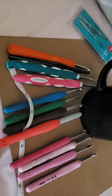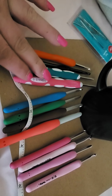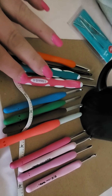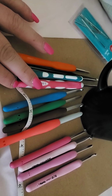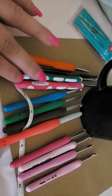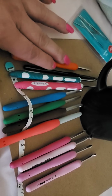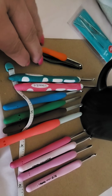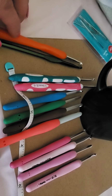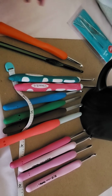The Yarnology is another one, which is this one. These are Clover Amours. This one's Yarnology. Yarnology is only at Hobby Lobby and maybe on Amazon. So this is the Hobby Lobby brand that they carry. These are Boyes. They have them everywhere. Boye and Bates are pretty similar in their sizes also. The difference is some have ergonomic and some are all aluminum. And they are a little bit shorter